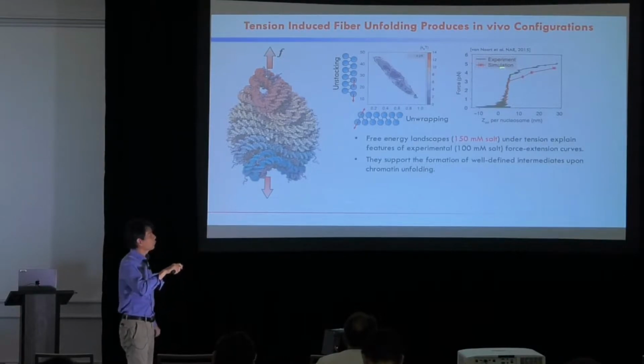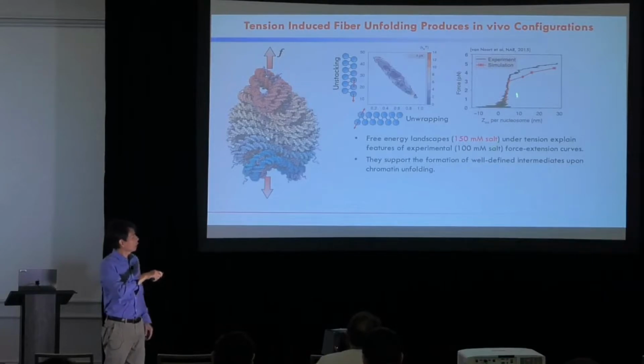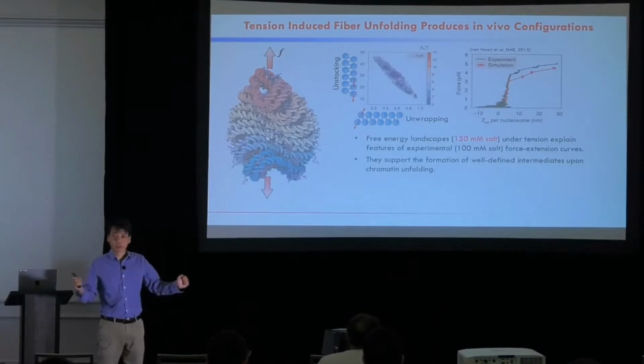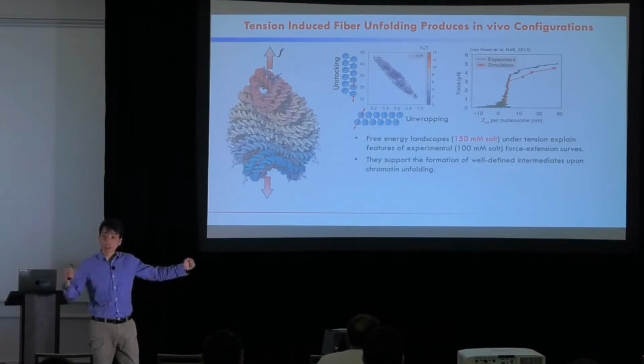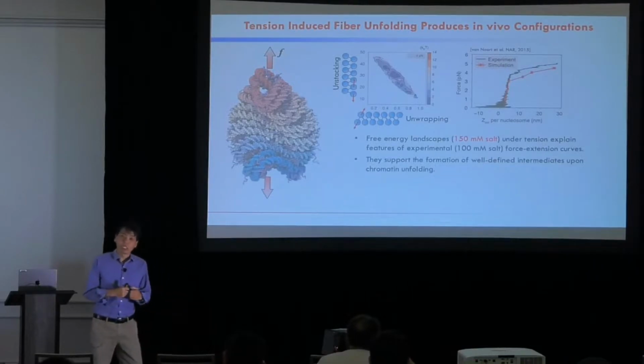There's this linear regime where a larger increase in force only incurs a very minor increase in the extension of the chromatin. Then you have this plateau region where a small perturbation in the force leads to a huge change in the chromatin. Okay? But what's really exciting to me was that when we start to look at the intermediate structures